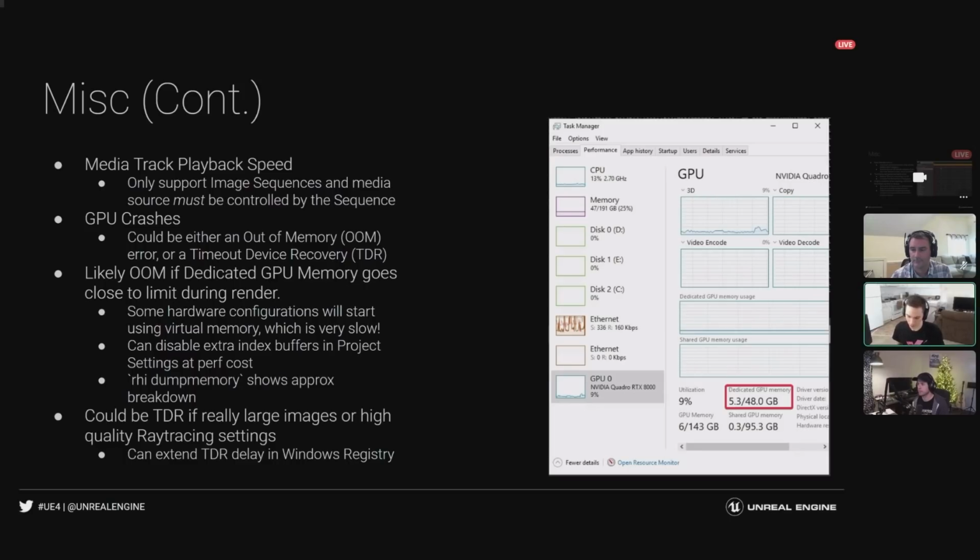So because more time is passing IRL than in the actual engine, it gets out of sync. The way to fix that is that you can use image sequences as your media type, and then you can control that media source in sequencer, and sequencer will try and backtrack to the correct time for every frame.